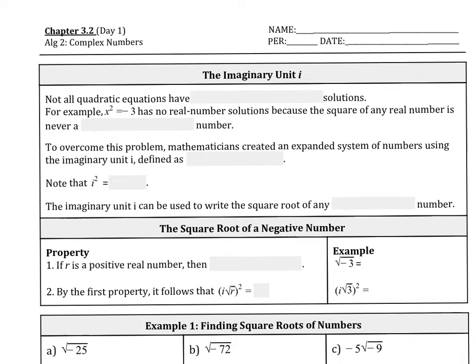So, Chapter 3.2, Day 1, Complex Numbers. The imaginary unit i. Not all quadratic equations have real number solutions. For example, x squared equals -3 has no real number solutions because the square of any real number is never